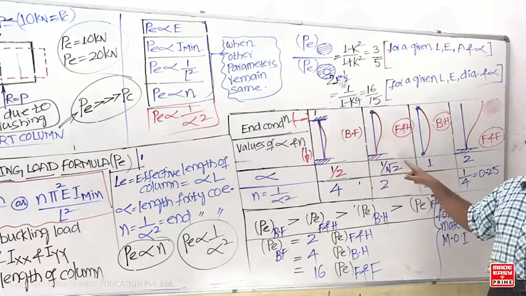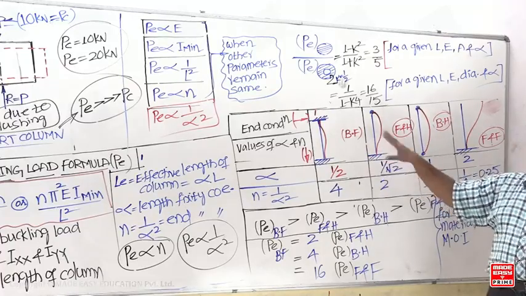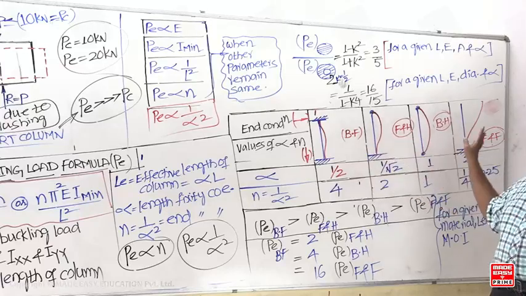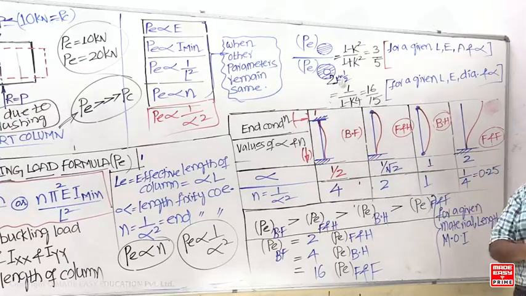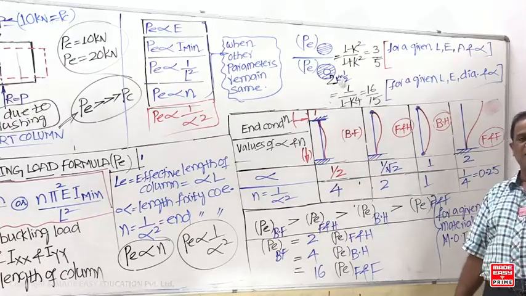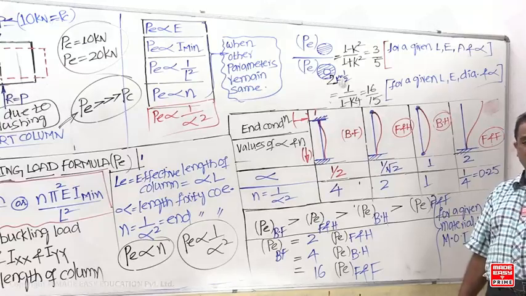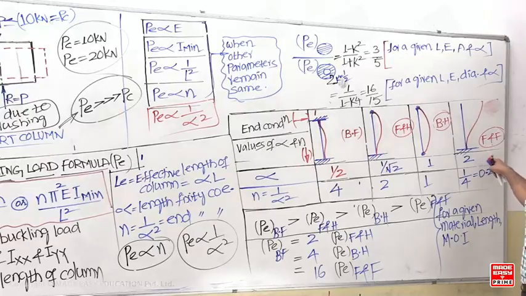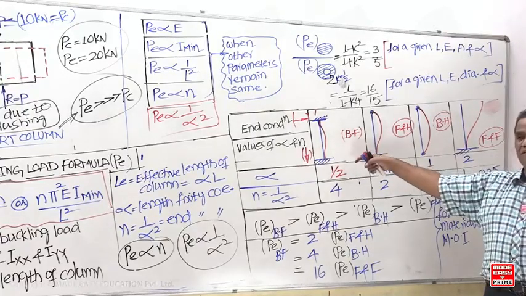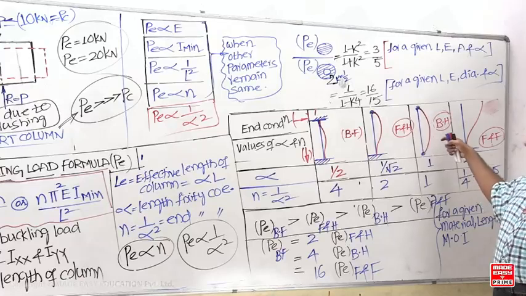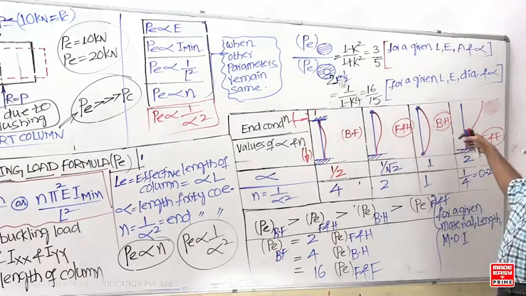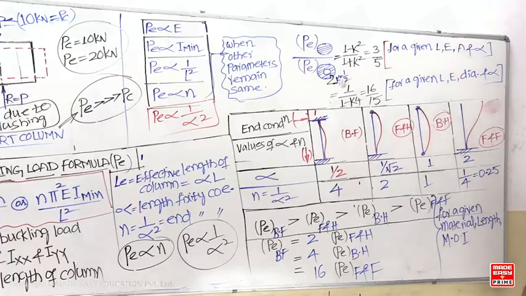So this has to be remembered. But in all these cases, material is the same, length is the same, moment of inertia is the same. But which one is different now? End conditions are different. So for the same length, same material, same moment of inertia, both ends fixed is the strongest one. It will give more buckling load, and fixed and free is going to be the weakest one. It will easily buckle. So both ends fixed is 4 times stronger when compared to both ends hinged, 2 times stronger when compared to fixed and hinged, and 16 times stronger when compared to fixed and free.